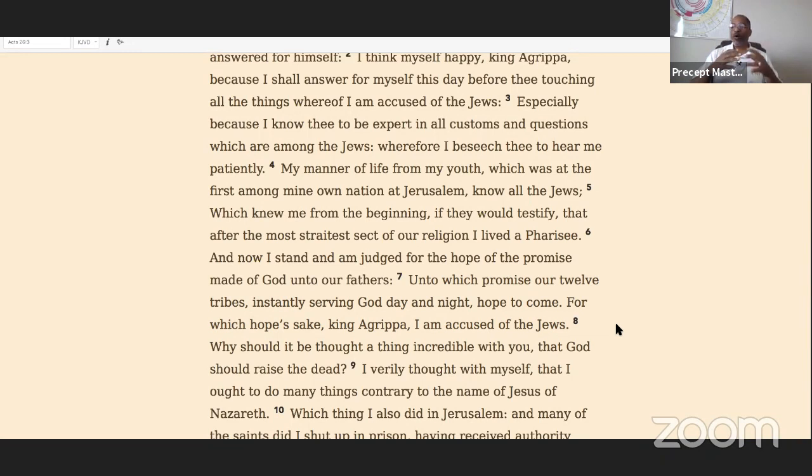So Paul is going around telling them that they can be raised from the dead like this man. Why? Because he tells you that in verse 8: why should it be thought a thing incredible with you that God should raise the dead? Paul was going around teaching that, because you'll see down at the bottom that Paul actually gets more into it. And he's going around telling them this. So they think Paul is crazy. They think he's stupid. They think he's drunk. They think everything about Paul, because Festus even spat it out. So this is the problem that was going on.